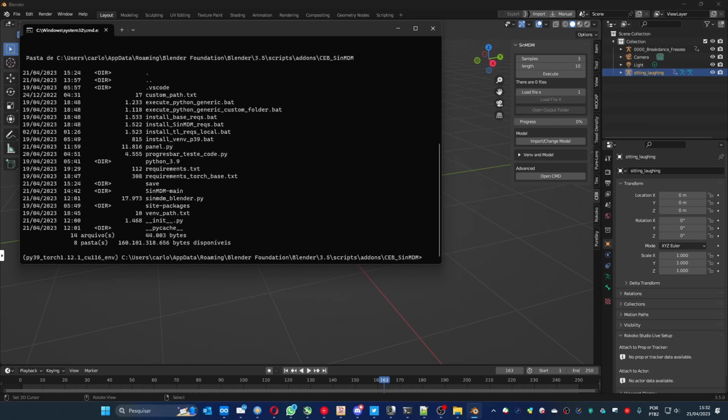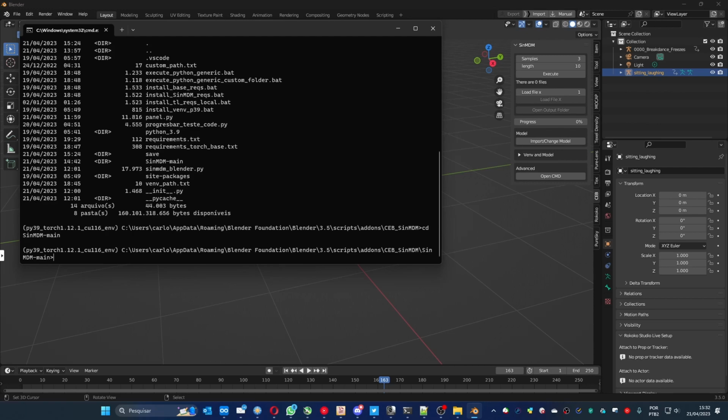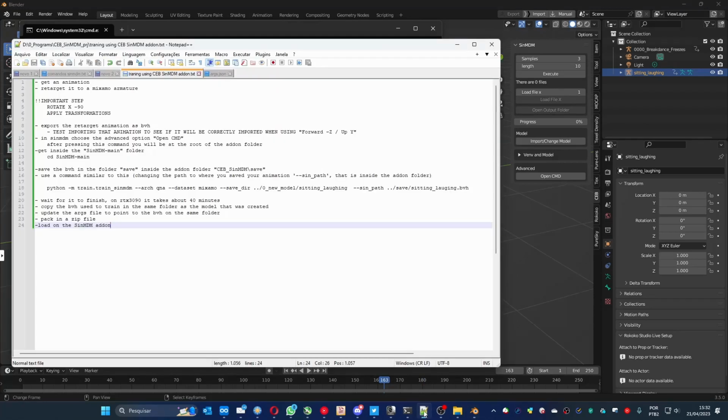Great. Now we go inside another folder, SinMDM main, and let me check my notes because I forget. Okay, we've done this part, and